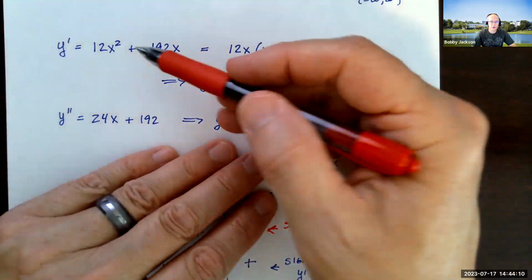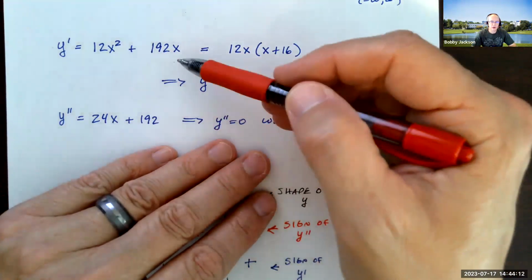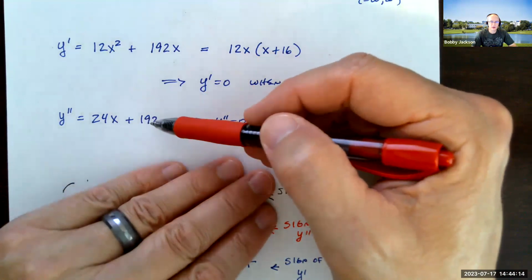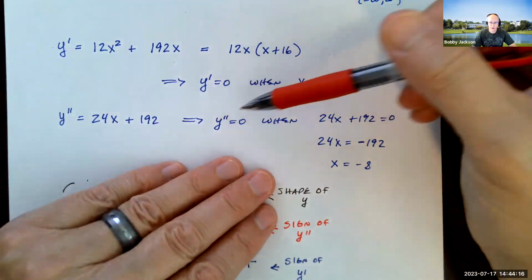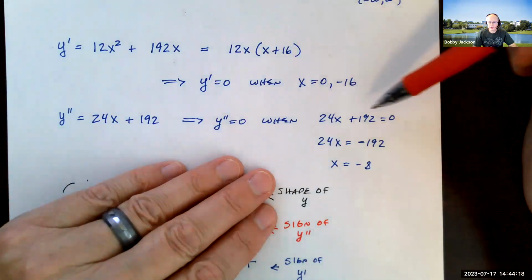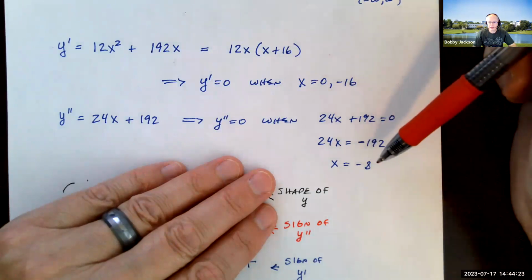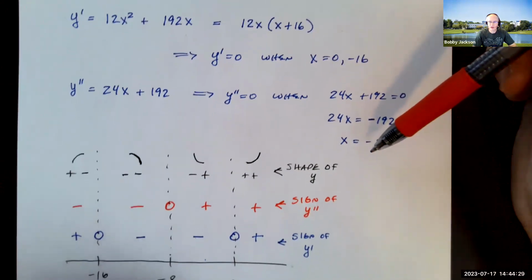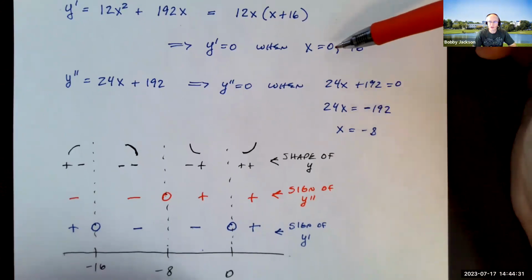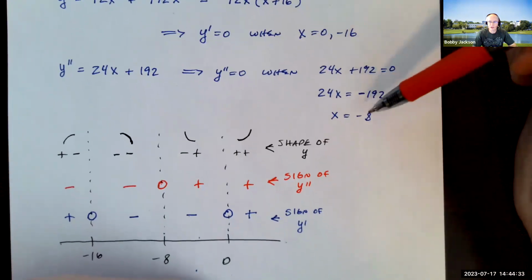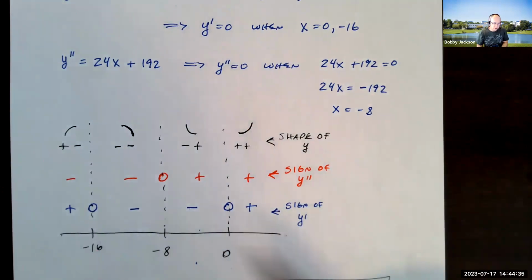Go ahead and find the second derivative. Derivative of 12x squared is 24x. Derivative of 192x is 192. When is our second derivative equal to 0? Well, that's going to be true when this is true, and that gives us x is negative 8. Okay, so what I would do then is to do a sign check, and potential transition points are 0, negative 16, and negative 8. So in order, I put them on the number line here, and I do a sign